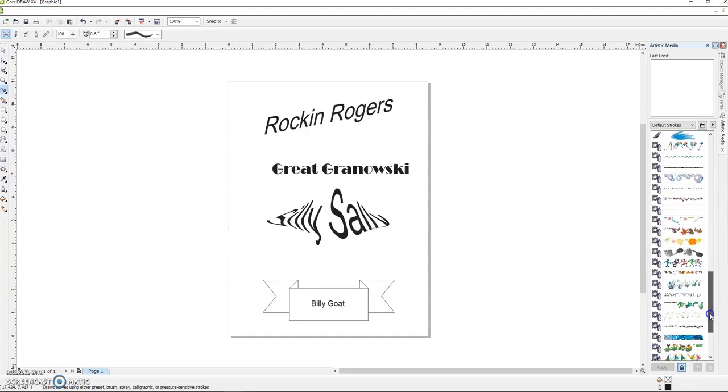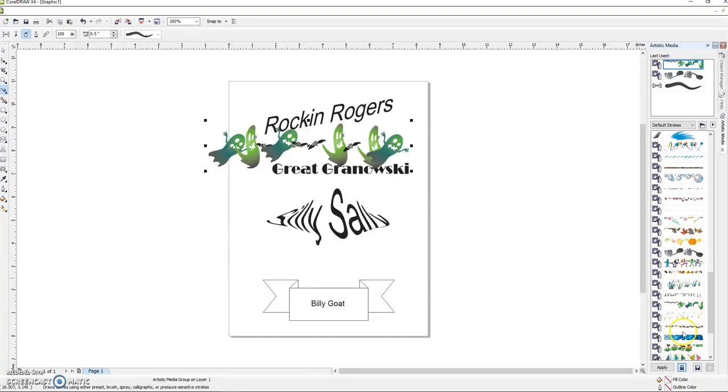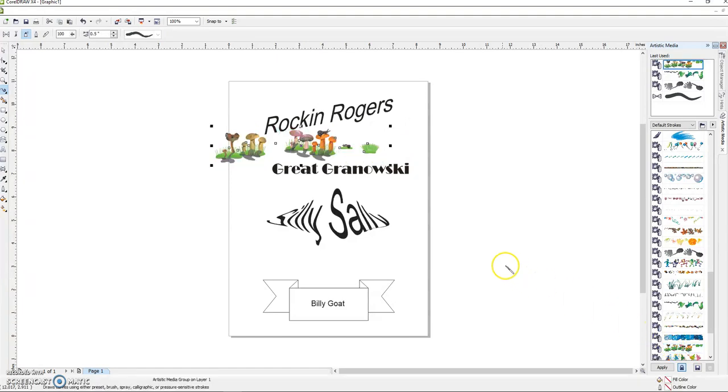So if you wanted to have things like maybe footprints or these people or whatever, if you're on the artistic media tool right here and I drew something, I have to come back over here with it selected and I can change that to feet, or I can change it to, I don't know what those are, ghosts and mushrooms, whatever you want. The problem with that is we can't have color, so what we have to do is